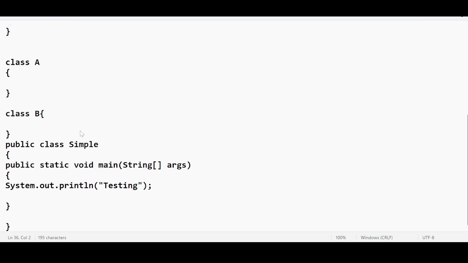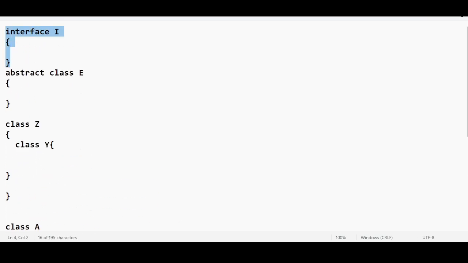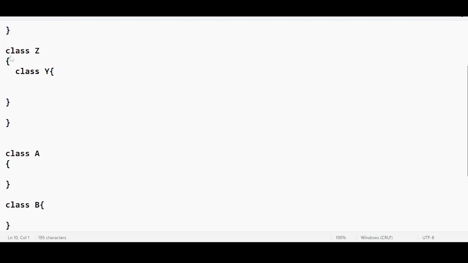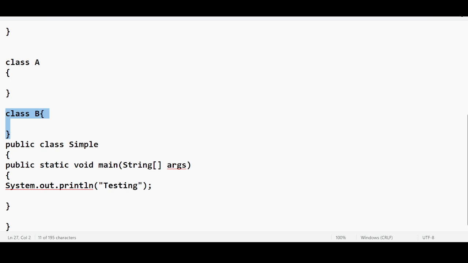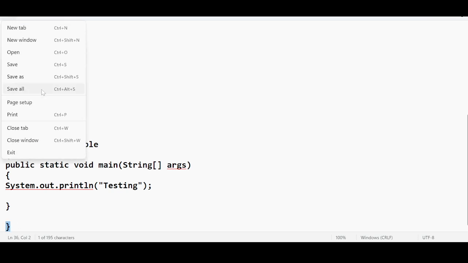Let me paste this. I have this many things: an interface, an abstract class, an outer class, an inner class, and two normal classes, a default class and one public class. Okay, I want to save this as a file, save as